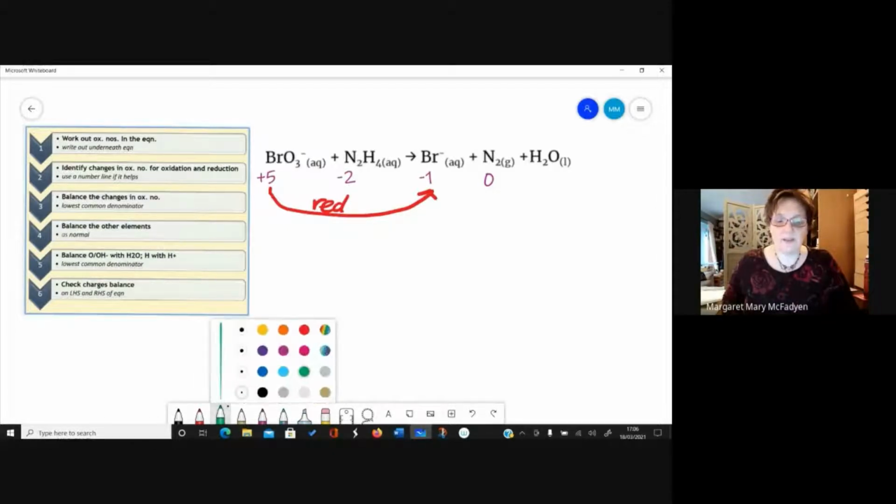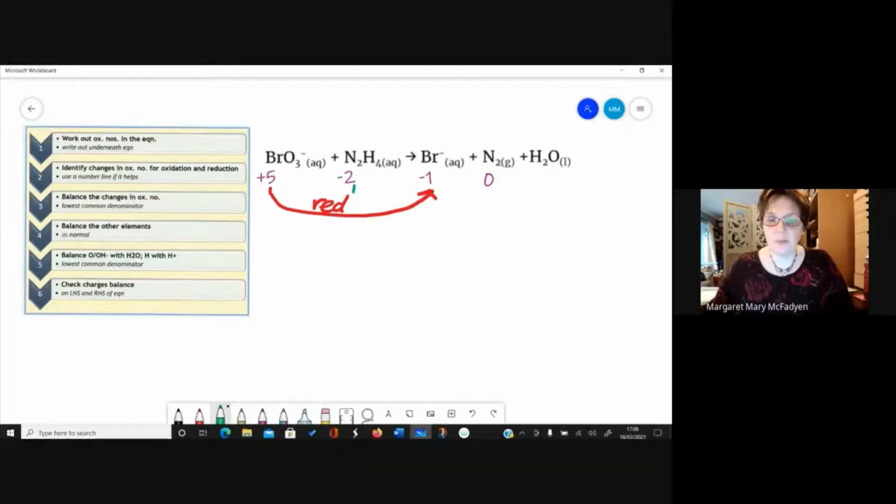And the opposite of that, an increase in oxidation state, is what's happening here with the nitrogen. When we see it's going from -2 and it's going up to 0, then this is the oxidation reaction, where the oxidation state is increasing. So that's step 2, is simply to identify what's been reduced, what's been oxidized. Step 3 is to balance the changes in oxidation number. So this is where we're going to